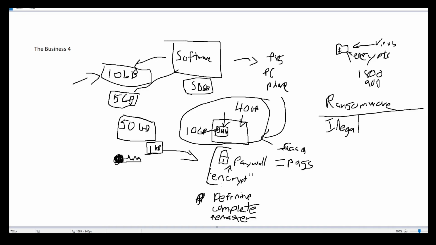When it's behind a paywall, when it's encrypted, or let's say it's not encrypted, it's already there. It's right here on your hard drive, holding your hard drive hostage for this 40 gigs. It should be illegal. This is the thing that just irritates the crap out of me, if you cannot hear it through my voice. It's ransomware. And I really dislike ransomware. I hope everyone dislikes ransomware. But think of it like that. If it's already on your hard drive and it's encrypted behind a paywall, you have physical access to this. This is on your hard drive. It's ransomware, and it should be illegal.